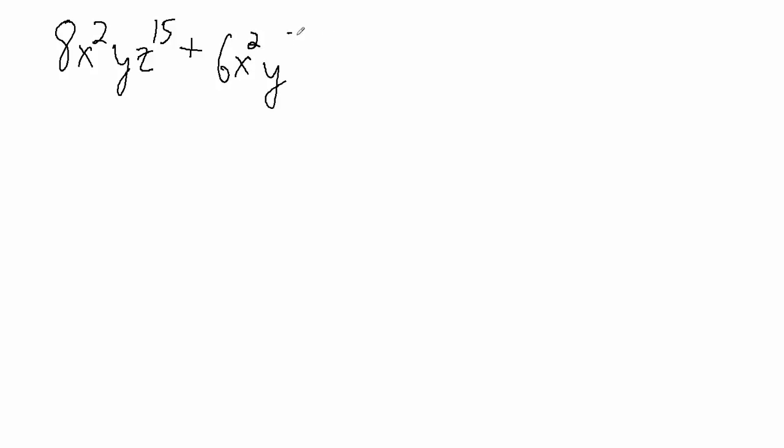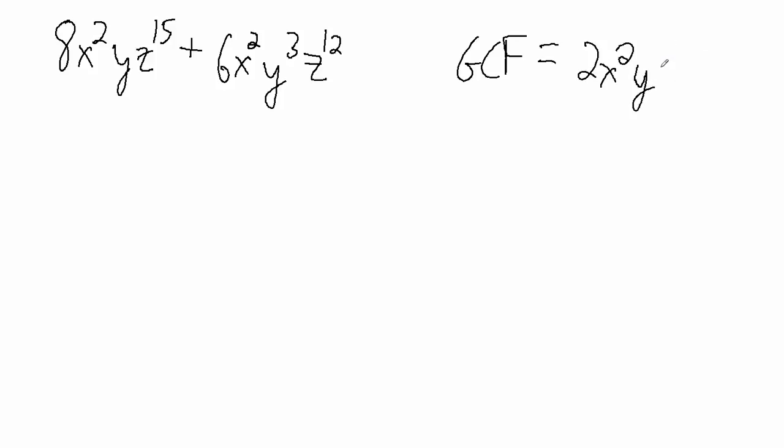Okay, let's take a look at the other example that we looked at in the previous section, which was 8x squared times y times z to the 15th plus 6x squared times y cubed times z to the 12th. And remember, we found that the greatest common factor, or GCF, of that expression was 2x squared times y times